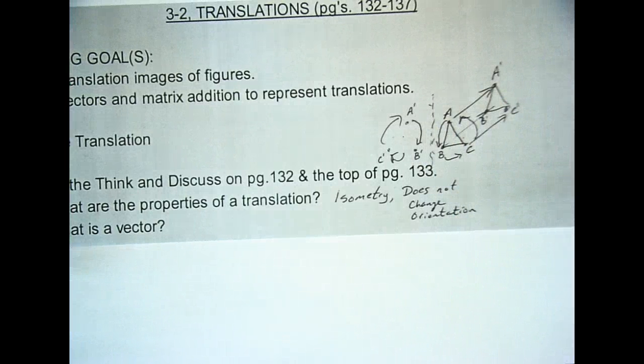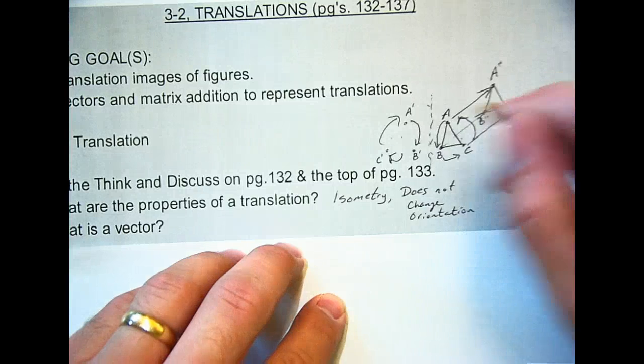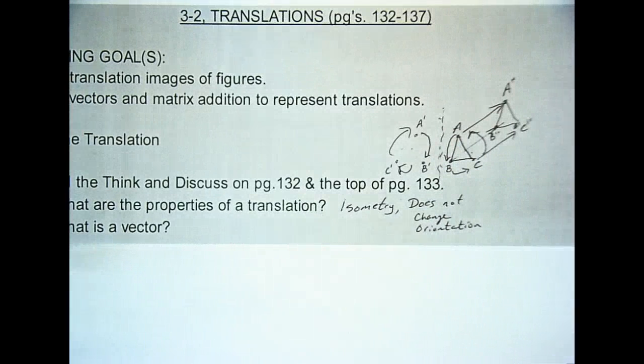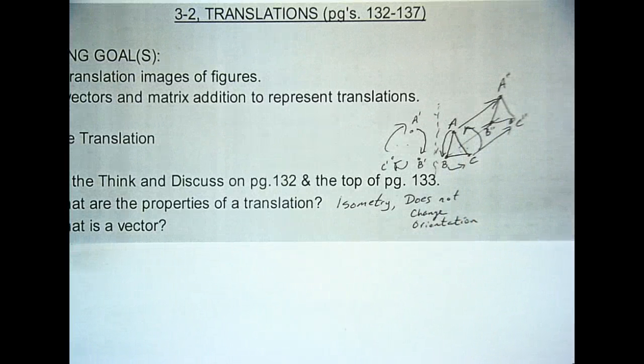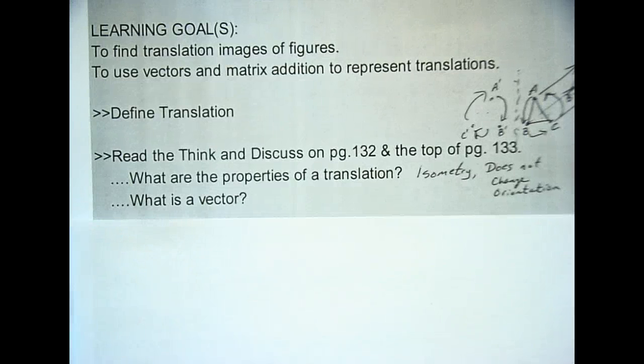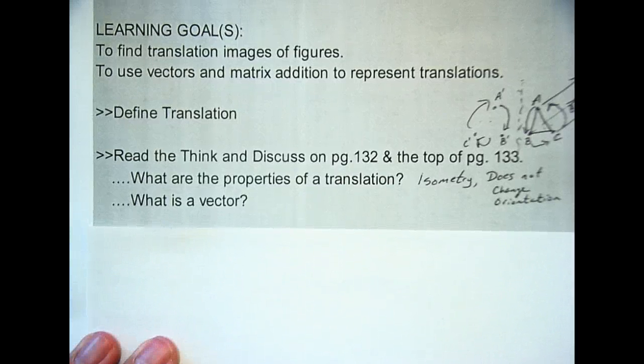Versus a reflection where this moves over and orientation changes, when you're doing a slide, you're not changing orientation. Would you still put the prime because they're moving the original shape? Yep, you still put your prime. In this picture, it should be double prime because we do that. But yeah, you still have the prime because it's a pre-image to an image. Hannah, Priscilla, how are you guys doing back there? Good. What's a vector? Carson? The distance and direction of a translation. Distance and direction of a translation.